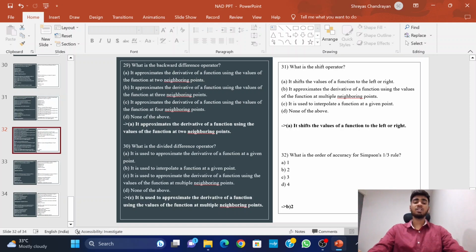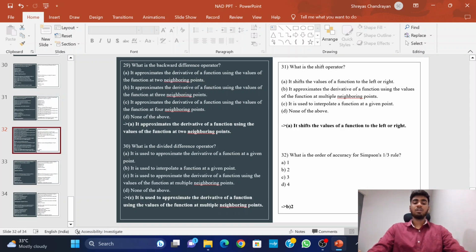Question number 29: what is the backward difference operator? A, it approximates the derivative of a function using the values of the function at two neighboring points. B, it approximates the derivative using the value of the function at three neighboring points. C, it approximates the derivative using the value of the function at four neighboring points. D, none of the above. So the correct option is A, it approximates the derivative of a function using the value of the function at two